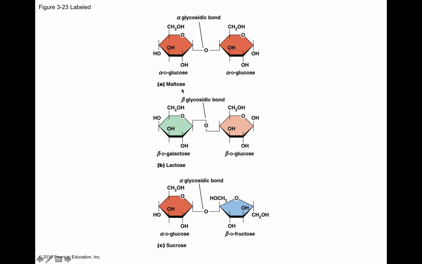How these are hooked together as monomers to form a dimer in a dehydration reaction: you can have an alpha to alpha bond called an alpha glycosidic bond. You can have a beta to beta bond called a beta glycosidic bond. And then you can have an alpha to beta called an alpha glycosidic bond. These three will have a different 3D shape that'll be recognized by the biochemistry that is going to seek to take these apart for energy or put them together to make a structure.